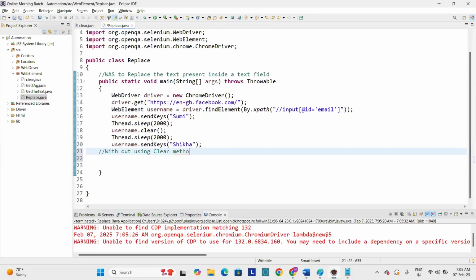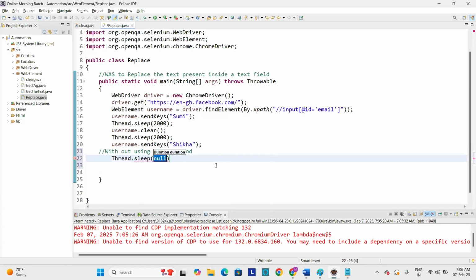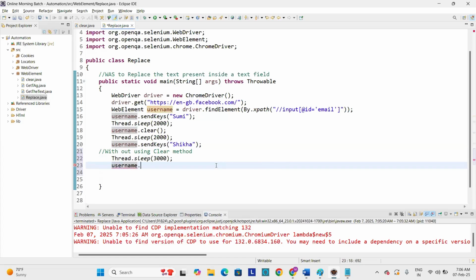Without using the clear method, how to do it? I'll tell you that. Username dot send keys